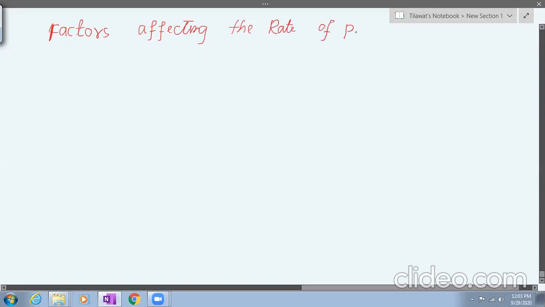Okay, now we know already that photosynthesis needs different factors. So let's see, for example,